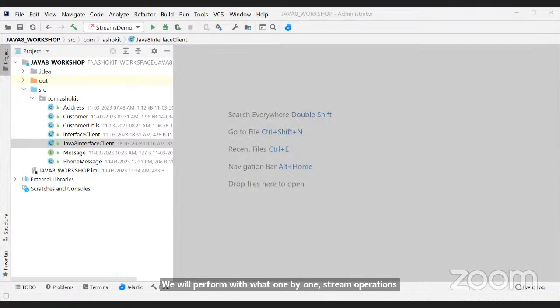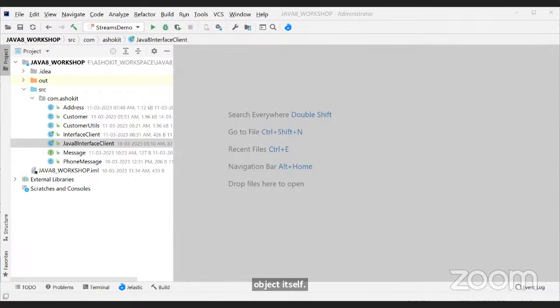So what do you mean by stream? As I already told you last week, a stream is nothing but a set of elements. A stream represents a sequence of objects or elements, always derived from arrays, collections, and input and output resources. Once you get the stream of objects, you can apply aggregate operations on the stream object itself.